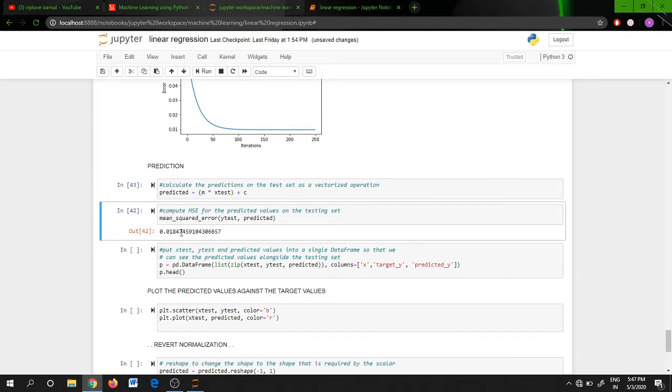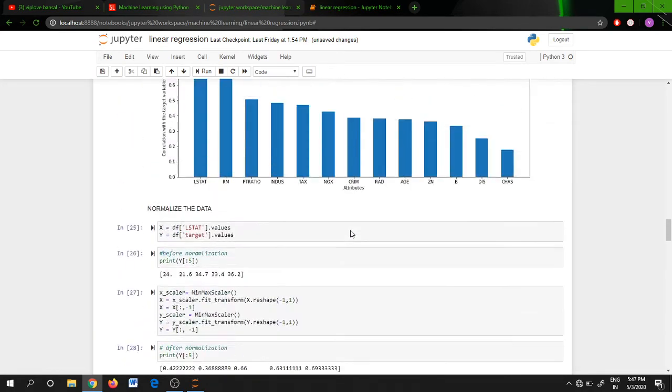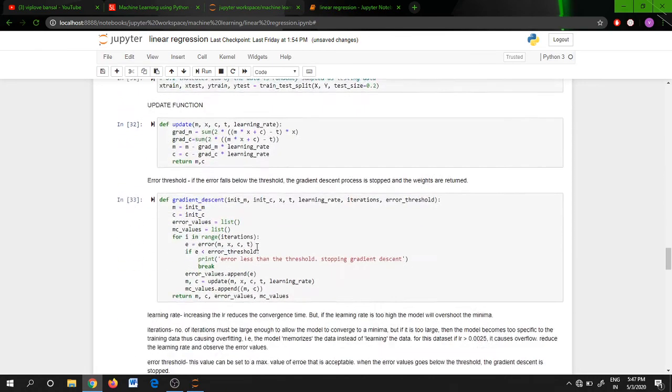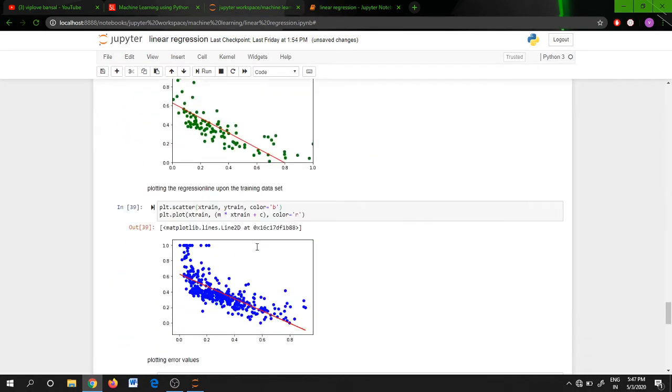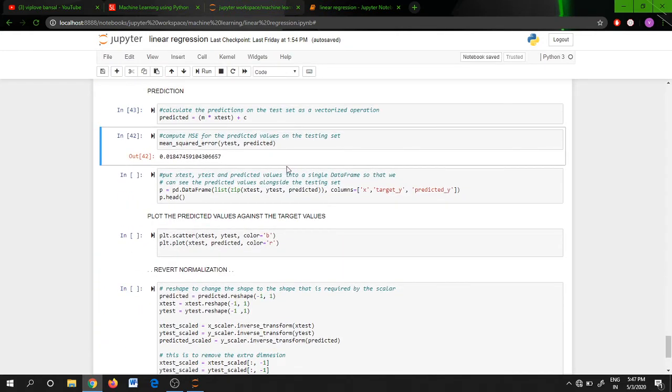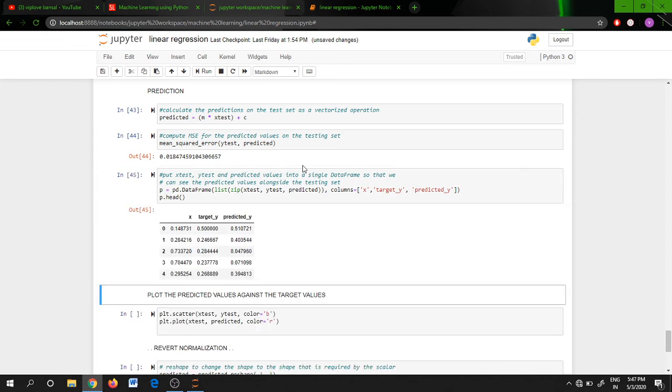And remember one thing, our mean square error is 0.018, and this is when we chose LSTAT as the value to compare. You can see here, the mean square error with LSTAT values is 0.018. Now we'll create a data frame of target and predicted values.